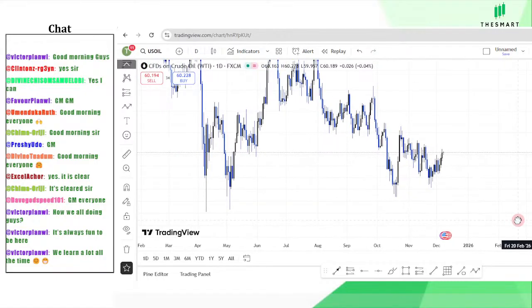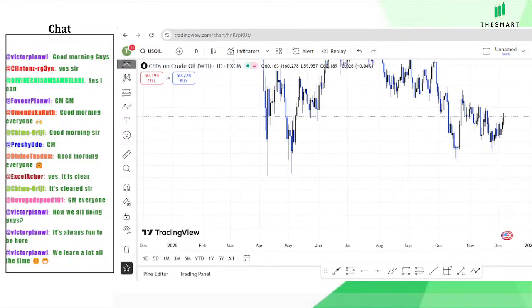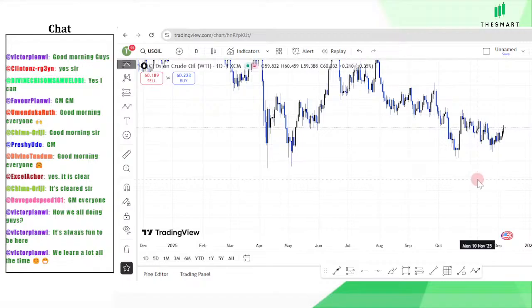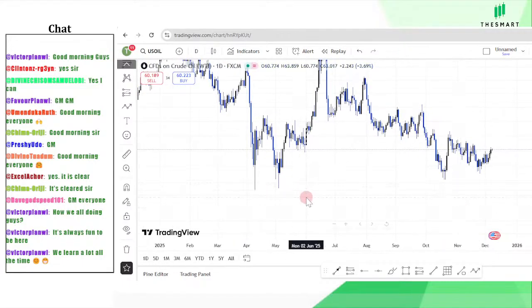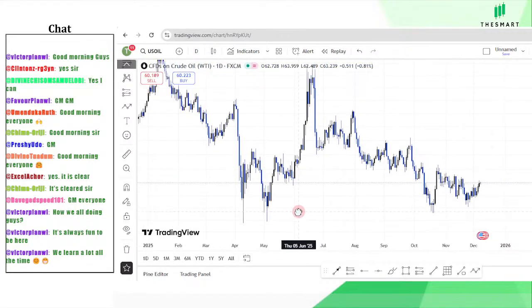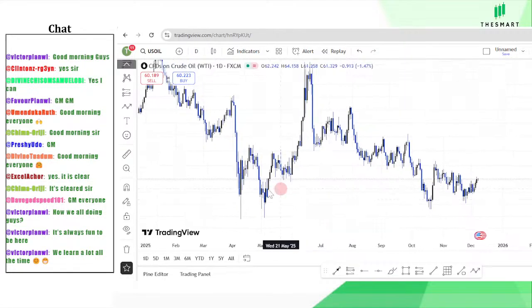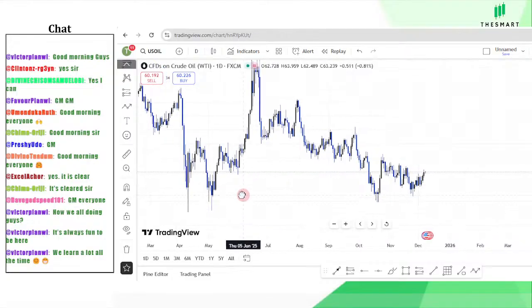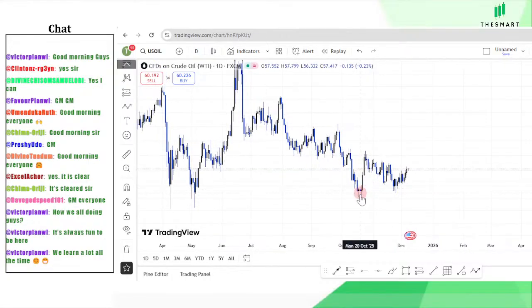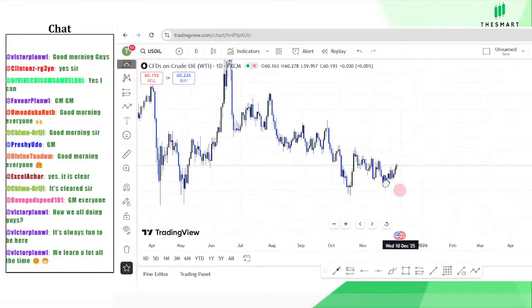Okay, so this is US oil. This is US oil on the daily level, and from the daily level here we can see price is currently at a demand level at this point, and the next point again we have this demand level. But from this daily,